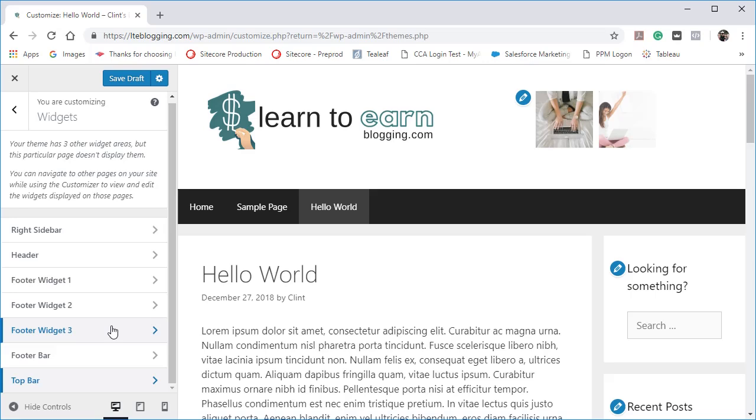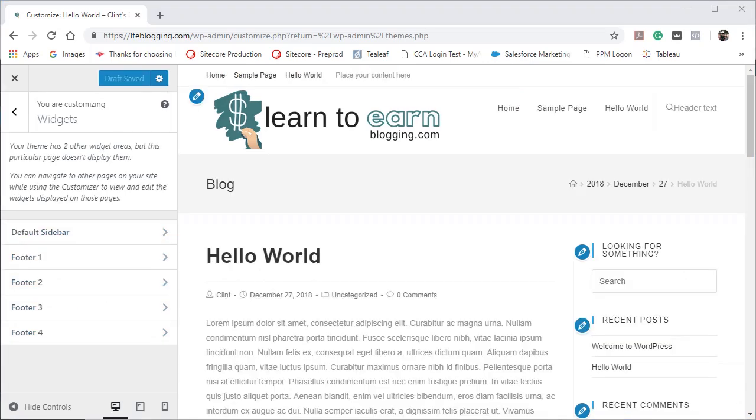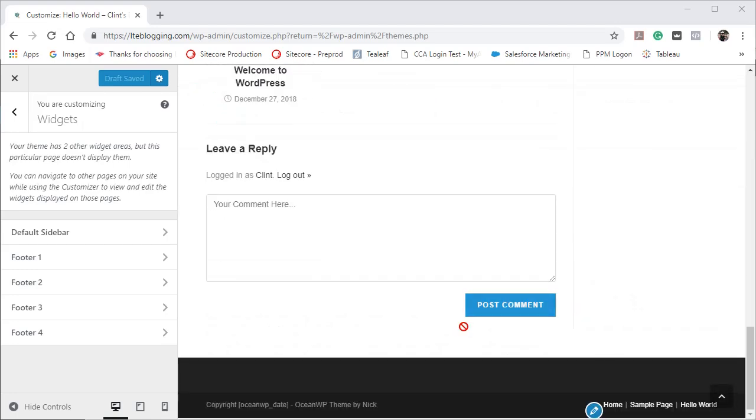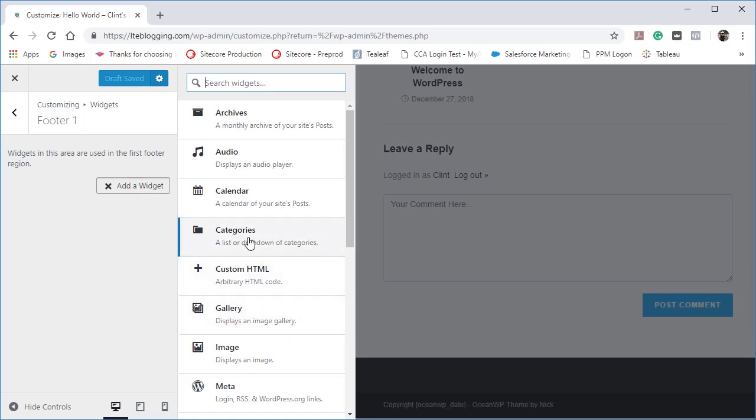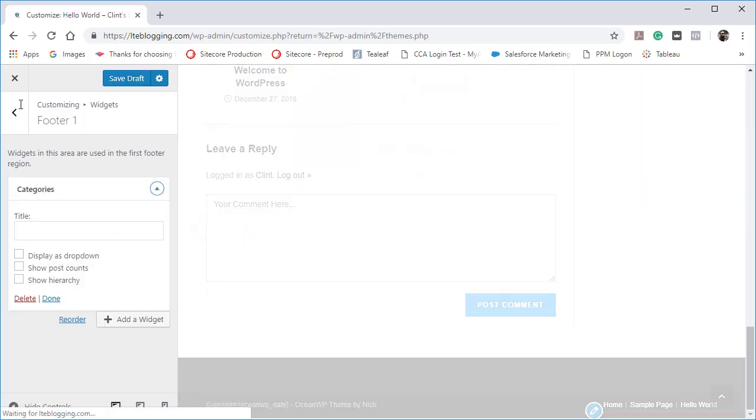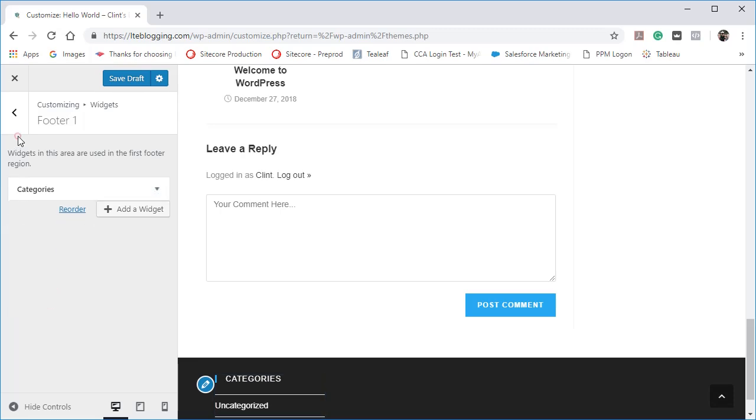Let's take a look at the OceanWP theme real quick to see what kind of options it has. So we've got the OceanWP theme here, and I'm on just a sample post. You can see the widget area has the default sidebar, and it also has two other widget areas, but this particular page doesn't display them. But we have the sidebar as well as four different footer widget areas. So again, if we want to add categories, we can do that. And let's do footer 2. We're going to add